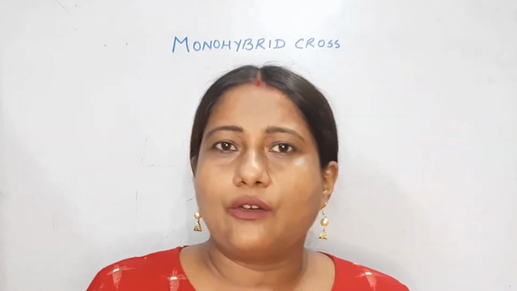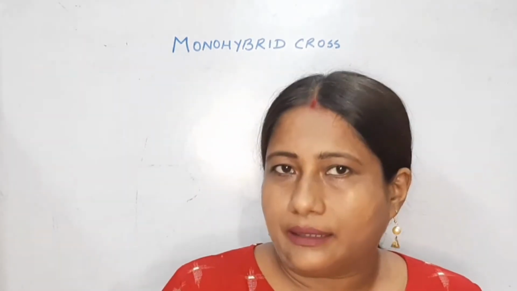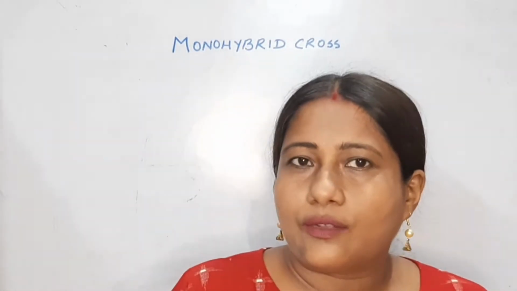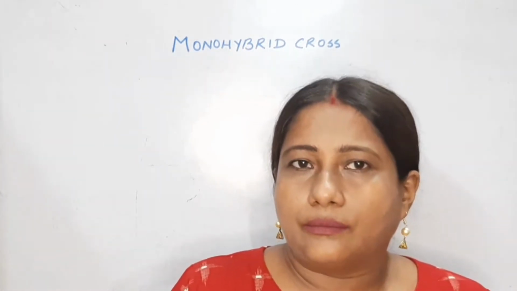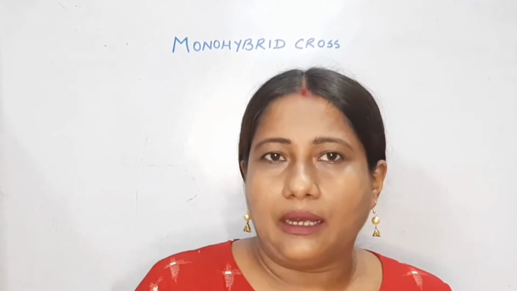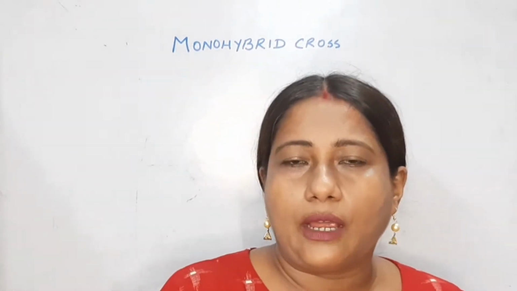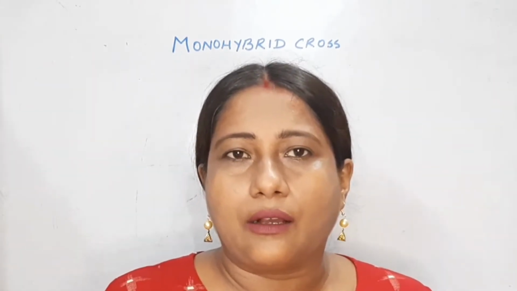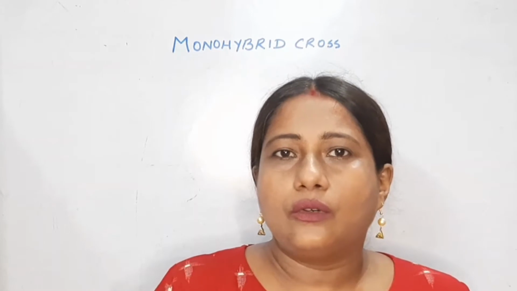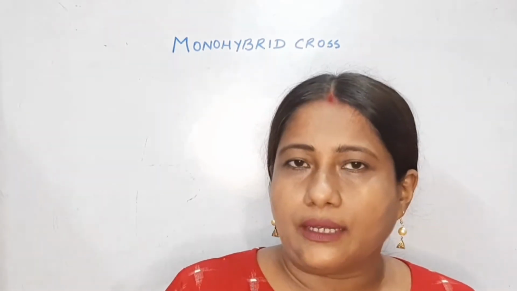Now in the previous videos I have already discussed the Mendelian laws, and here I will give you some examples of how to perform a cross. You have already learned a little bit of genetics, where you have heard the terms monohybrid and dihybrid. So, a monohybrid cross is a cross between two traits or two characters which are opposite, where for example Mendel,